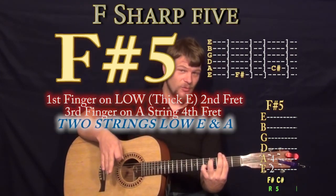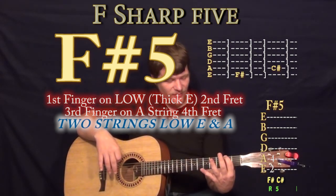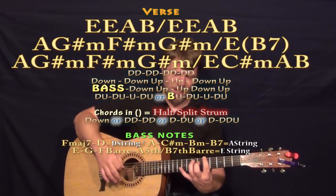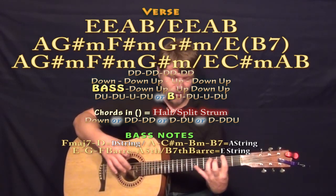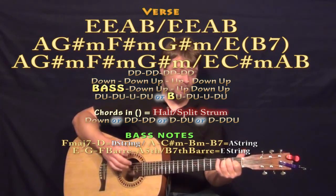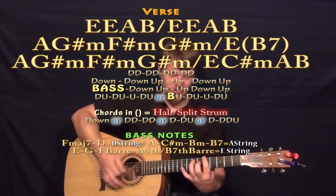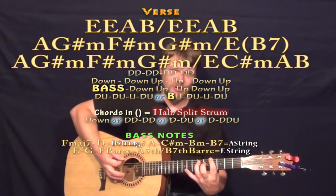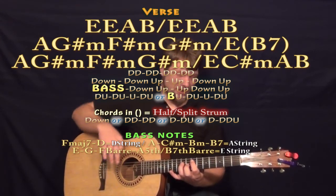Or if you're digging on the power chord shape, you can do that same shape from 2nd fret, 2nd fret on the low E, 3rd finger on the A string on the 4th fret. That way you can work this like a little power chord walk down. A5, G sharp 5, F sharp 5, G sharp 5, and then we're back to E5, and then we do a big push on a B or a B5, and then we're back to A5, G sharp 5, F sharp, G sharp, and then our E5, but then we go to a C sharp minor,